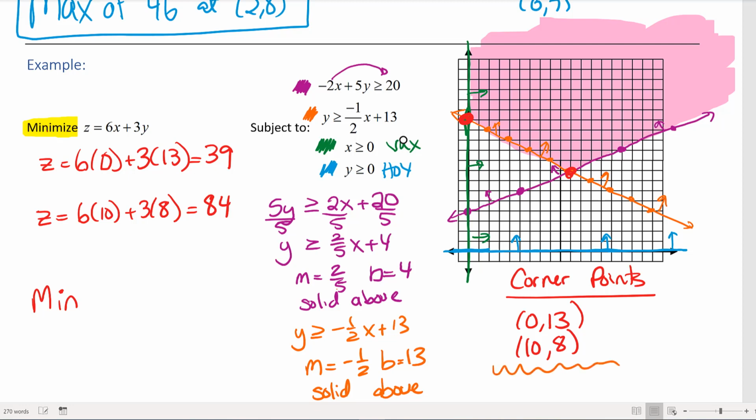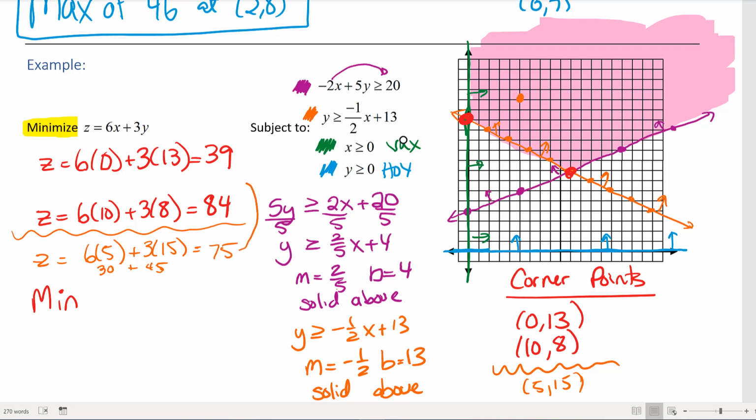Maybe let's pick another point to see if the values are getting bigger or smaller. So I just picked a random point out here, 2, 3, 4, 5, 1, 2, 3, 4, 5, 6, 7, 8, 9, 12, 13, 14, 15. I picked 5, 15. If I plug in this non-corner point, if I'm continuing to get bigger, then I won't have a max. If I'm getting smaller, then I'm not going to have a min. So I have 5 times 6, which is 30, and then 3 times 15, which is 45, which is 30 plus 45 is going to be